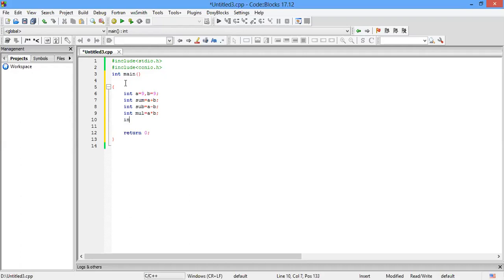I want to divide them: integer division equals a divided by b. I want the remainder of them: integer rem equals a modulo b. Fine.